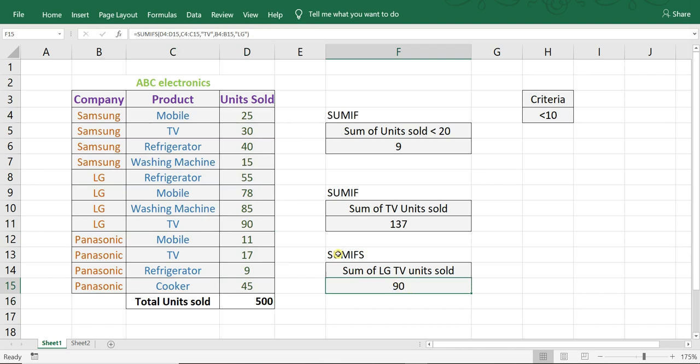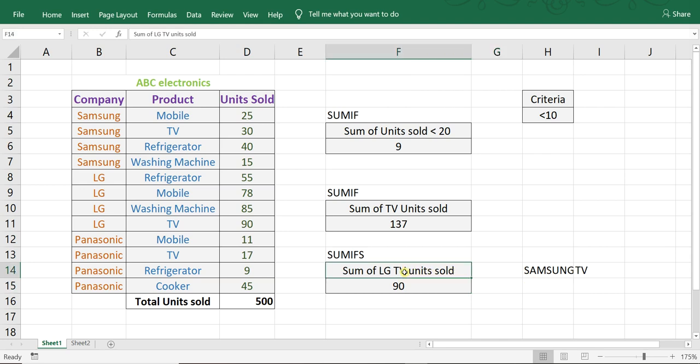Suppose you can also take the reference in another cell. I'll show you. So let me write here LG. Let me write Samsung. And TV. So now I want to know how many Samsung TVs have been sold.